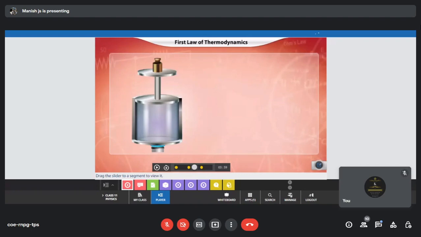Now what is internal energy? It is the sum of both potential and kinetic energy. So when you sum up both, you talk about the internal energy of any system. That is what we call internal energy. Okay, this is something important to remember. When I say internal energy, it is the summation of both the potential energy and kinetic energy of that system.